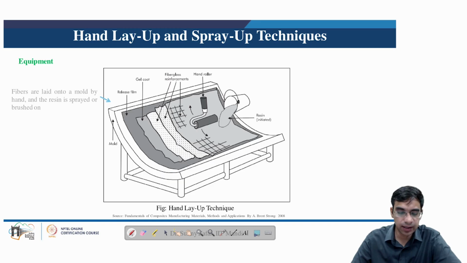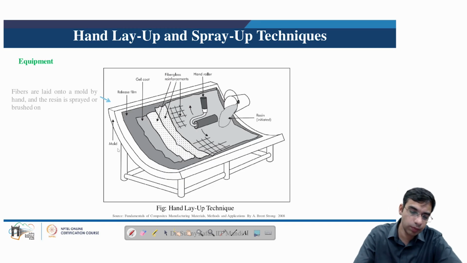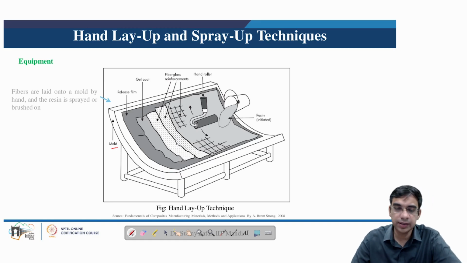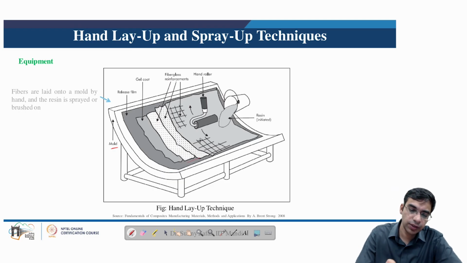So here we can see the schematic of the hand layup technique where we have this open mold as shown here. Then we have a release film, which is basically a plastic film which enables quick release of the cured part. Then we have the application of gel coat, as we have discussed. This is for protective and decorative purposes. Then reinforcements may be placed by hand as shown here, the fiberglass reinforcement. And resin may be initiated. Resin, mixed with the hardener, is then poured and consolidated using a hand roller. So the technique is quite simple, but there may be a lot of variation in the part quality as manual effort is needed here.